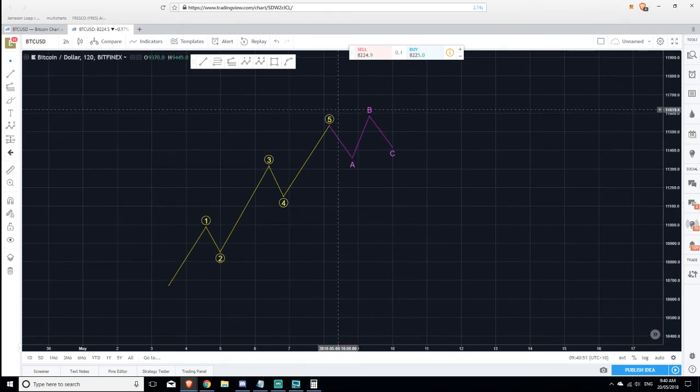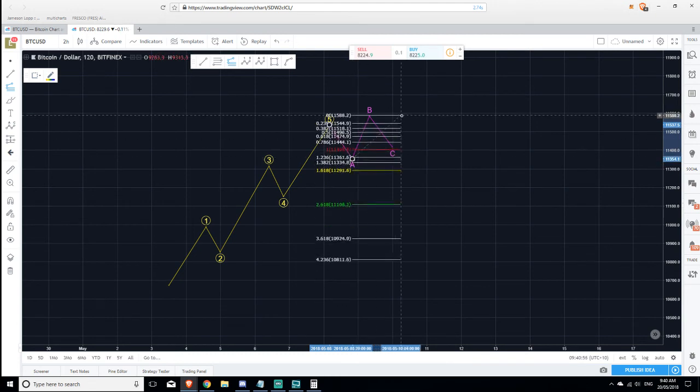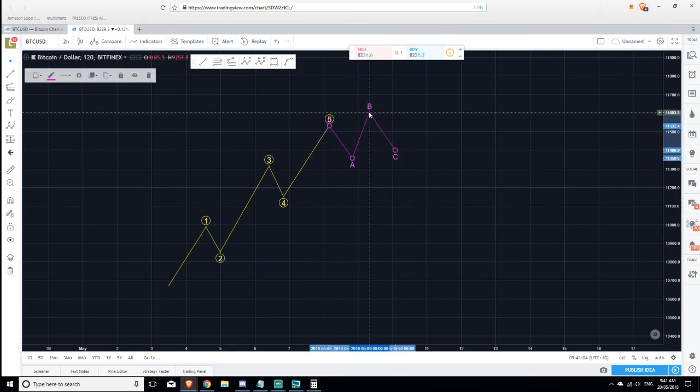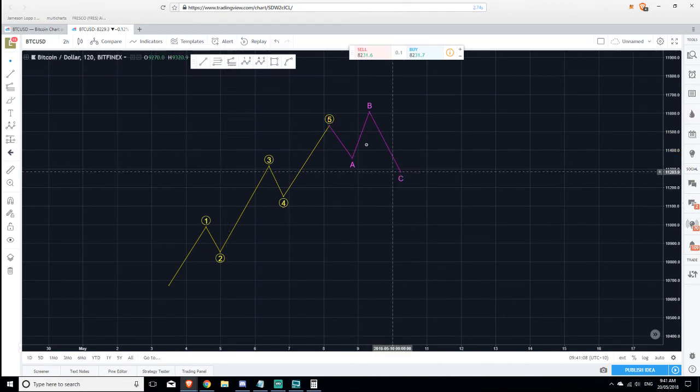You can still target a 1-to-1 because B retraced a lot, but usually the C wave is in tandem with the A wave. So 1-to-1. That is what a running flat should be. Expanded flat could be A, and then usually in expanded flats, if I've spotted the expanded flat pattern, what I'll do is I'll target a 1.618